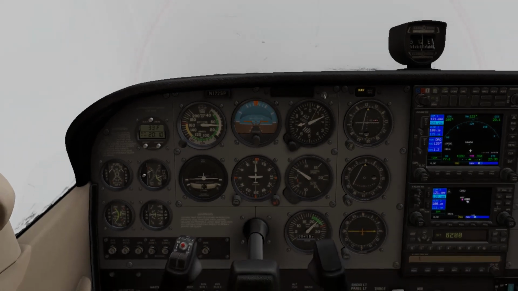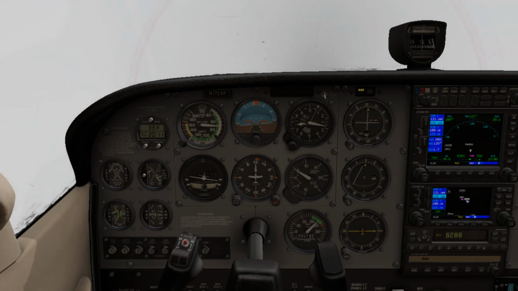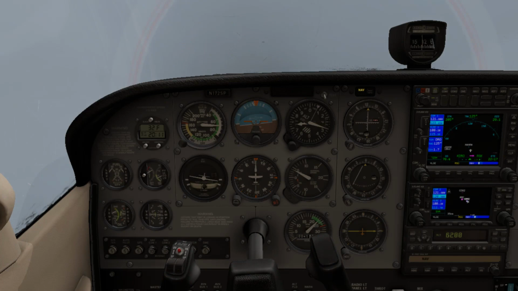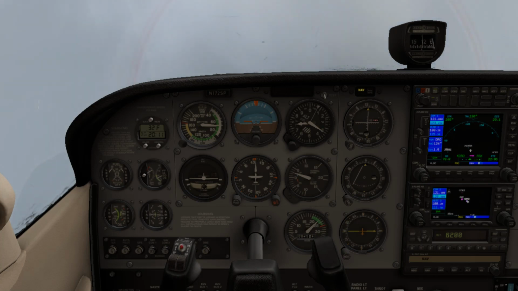Now what I'm going to do, I'm going to take the easy way out and just click the autopilot on and nav mode so it can track the 125 radial for me. I'm not going to put it into any vertical mode. I'm not going to activate vertical speed. I'm going to keep flying the plane with the trim wheel because the rate-based autopilot is not going to pay attention to my airspeed, and if it holds a vertical speed, it'll just stall the plane if it needs to. So better to keep the pitch axis off for a minute and just keep flying the plane with the